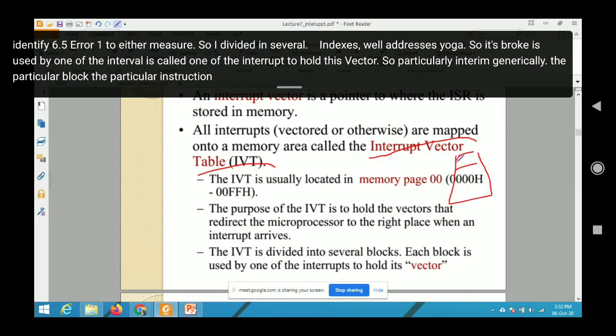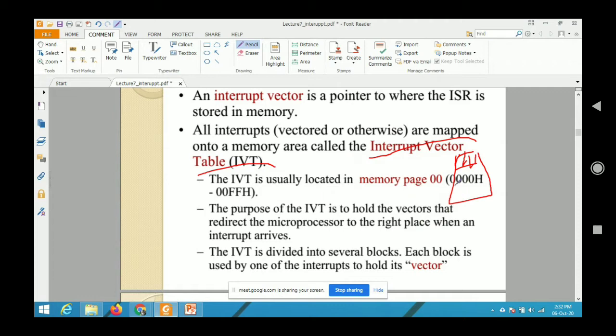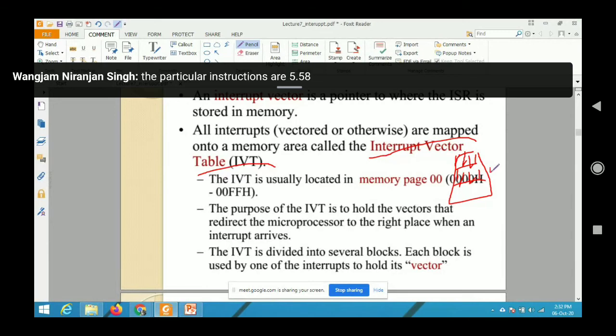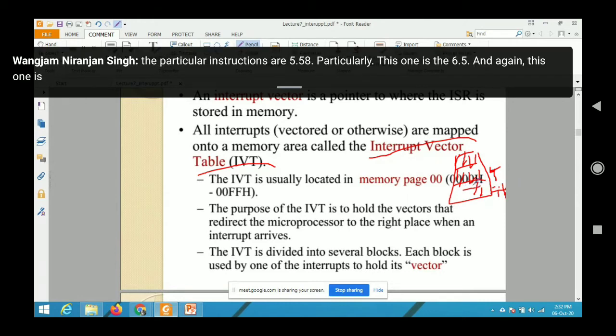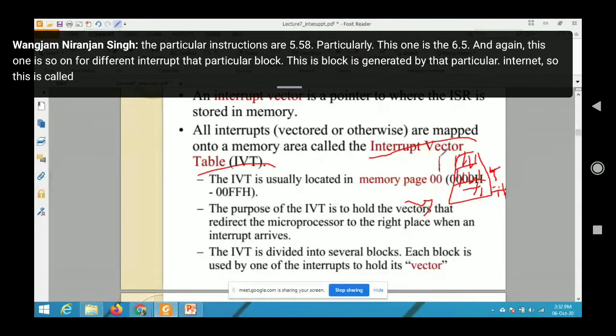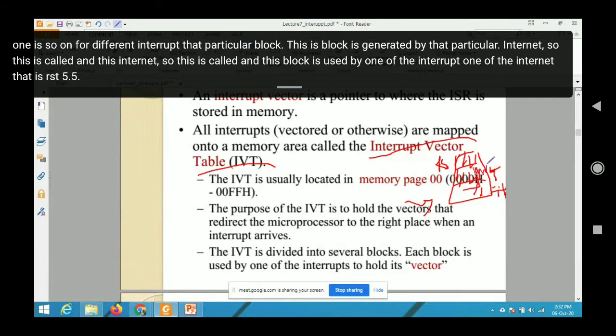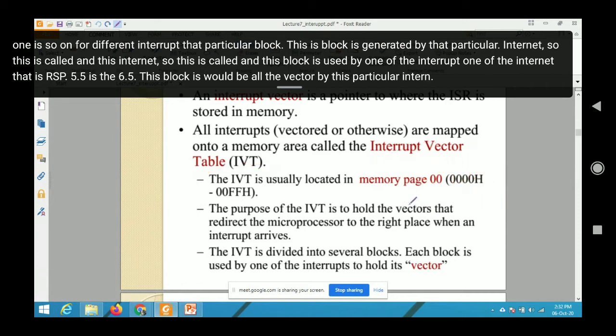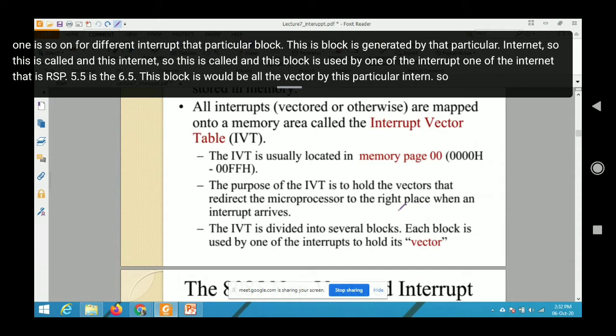Suppose इधर से इधर तक एक particular RST 5.5 का एक block होगा, उसके बाद a particular block होगा, you will go by this one RST 6.5 and again this one RST 7.5, so on for different interrupts. This block will be generated by the particular interrupt. So this block is used by one of the interrupts, that is RST 5.5, RST 6.5. This block would hold the vector for this particular interrupt. So process देखो,